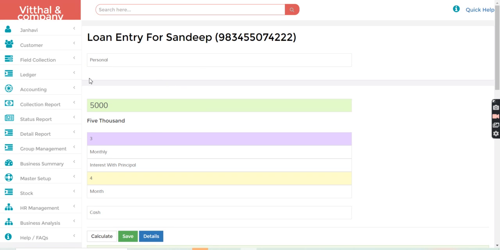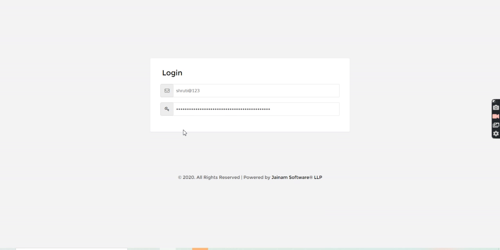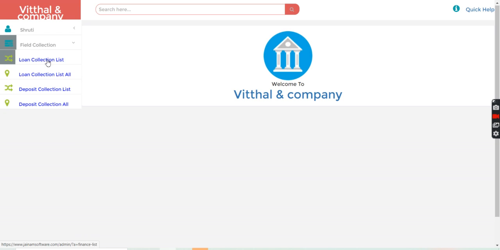Now let's log in as that staff. So I will go to the staff login. You can see this is staff Shruti, and I have given some access: loan collection list all, deposit collection list all.